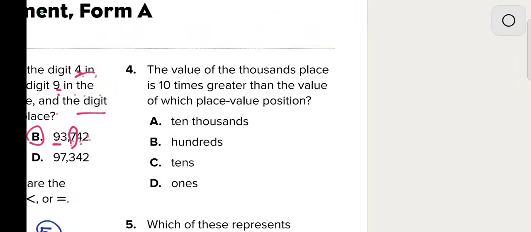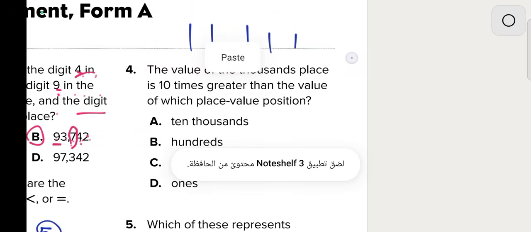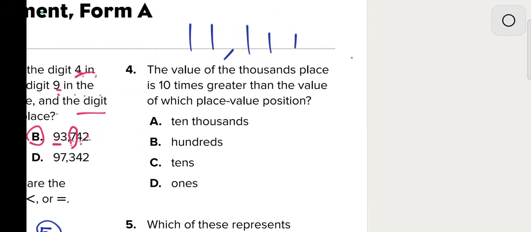The value of the thousands place is 10 times greater than the value of which place position? This is a very important question, guys. Let's consider we have a number like, for example, 1, 1, 1, 1. He asked you, that's the value of the digit in thousands place. That means this one in thousands